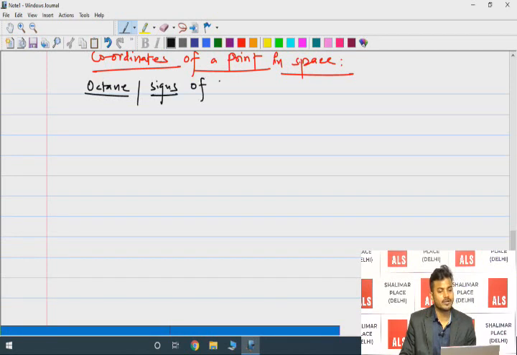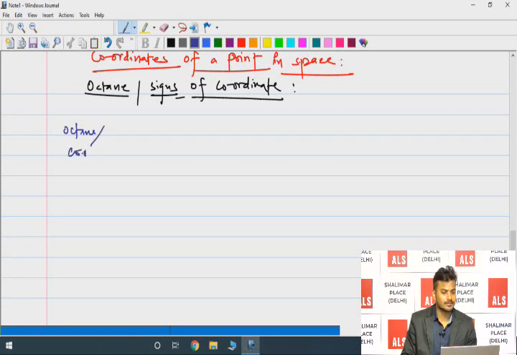Signs of coordinates. Okay, octants or signs of coordinates. Let me make a table now. Octant or coordinates. This is X, Y and Z,